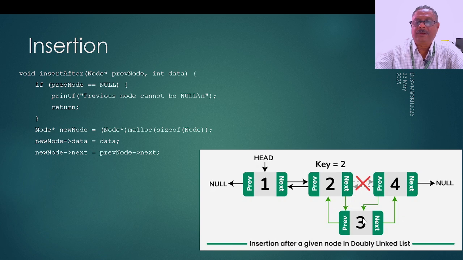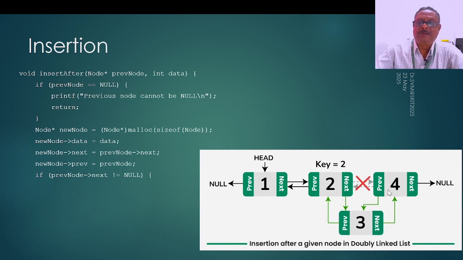The new node's next is the same as the previous node's next, and the new node's previous is the previous node itself. And if the previous node's next is not null,